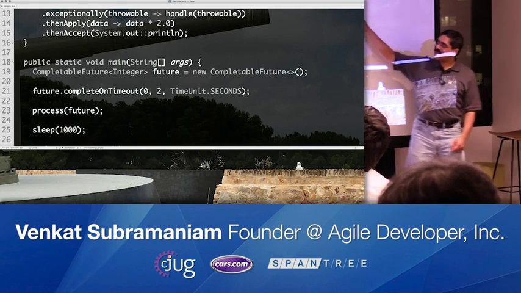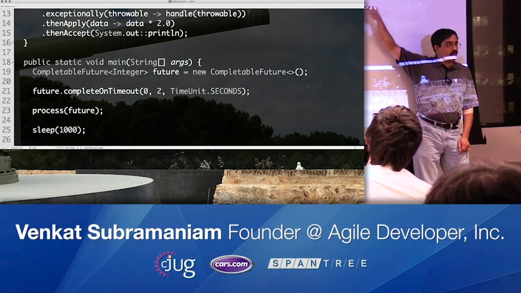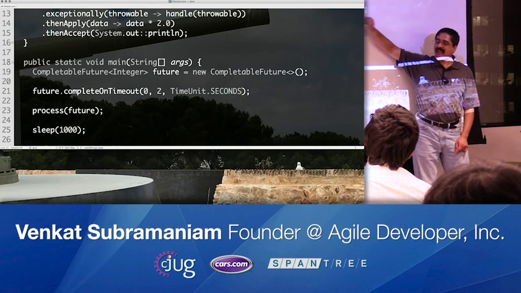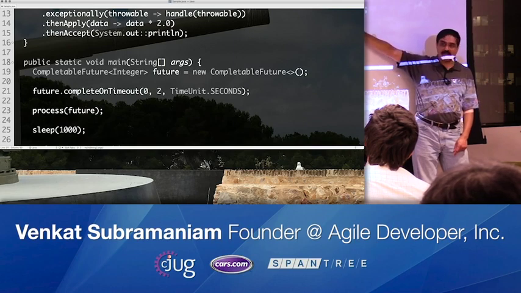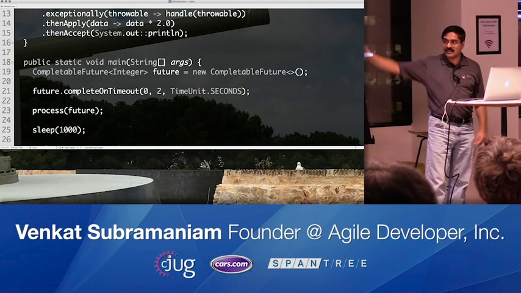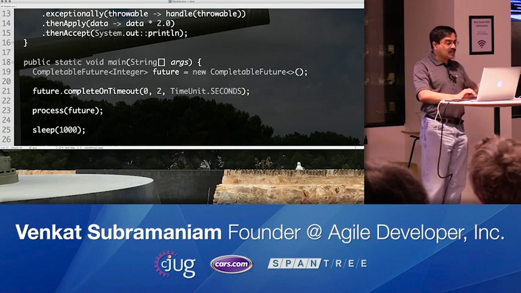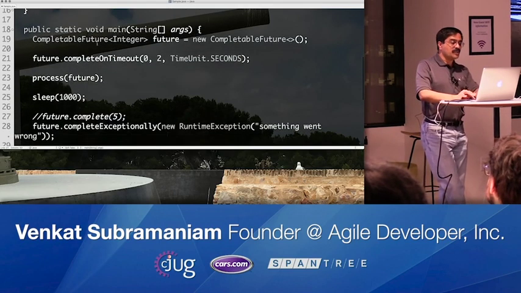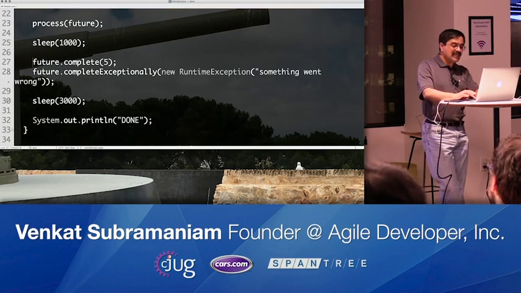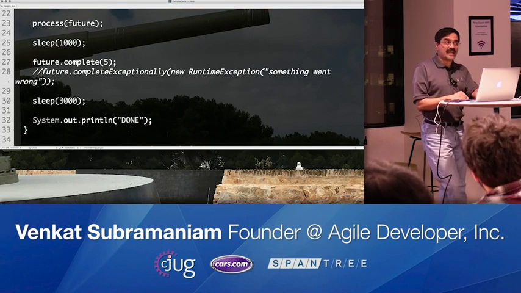So in other words, this has to happen before a complete or before a reject. If this happens after a complete or a reject, this has no meaning. So this is just waiting in the background for the timeout to happen, and at that point, if the event has already happened and the promise has completed or resolved, then this is of no consequence. So in this particular example, I'm asking it to resolve with a 0, but notice that I'm going to complete it successfully after a second delay.